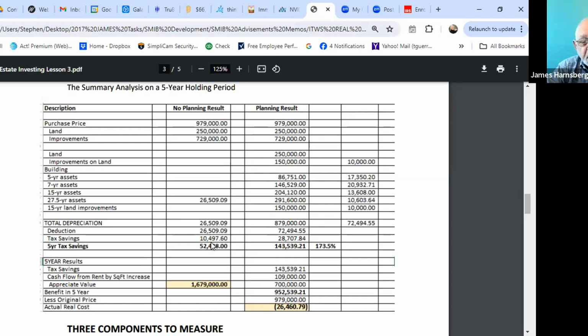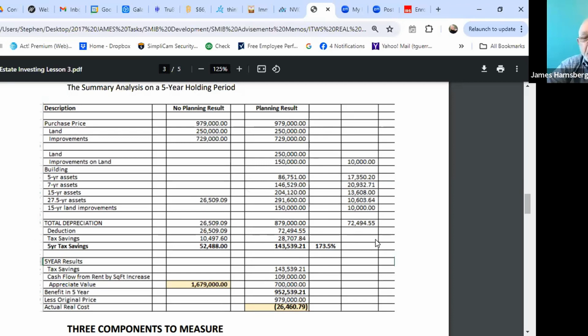That saves me roughly 10,500. If I model it and I do the cost segregation study, I'm getting 72,495, rounding it up, and my tax savings is 28,707 per year. That's 173.5% more in tax savings doing the cost segregation approach, and that does not count the tax savings that I'm